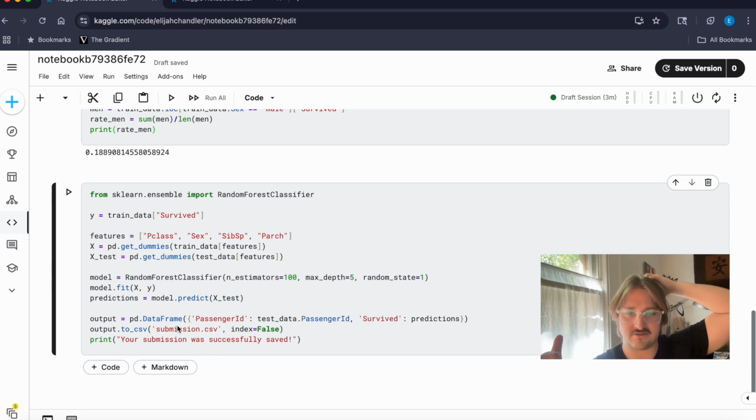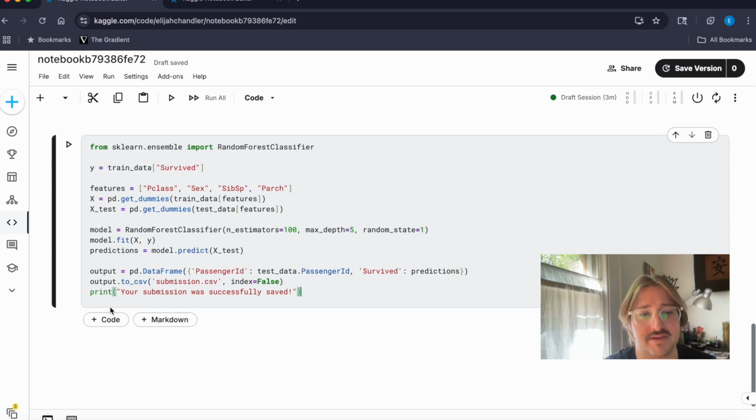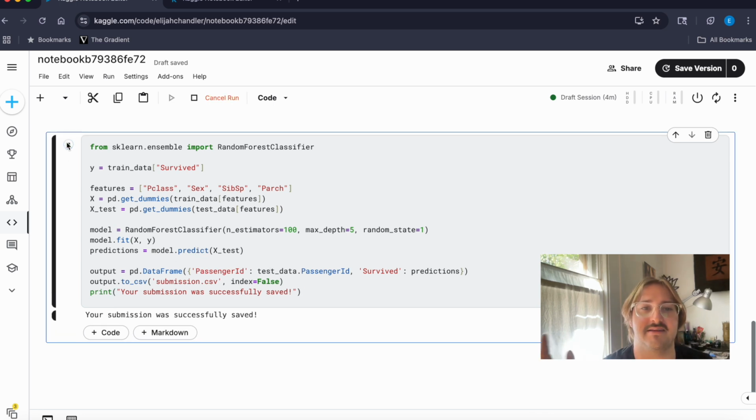This is not a super technical overview, but then you could do a max depth of 5. We'll do a random state. We'll fit our model, and we'll get our predictions. And then we'll do our output, pd.DataFrame. We'll do it for passenger ID, and we'll do survived, and then we'll just output to CSV. And then you're all done. So this is a very simple introduction for how to do an analysis for a simple dataset in the